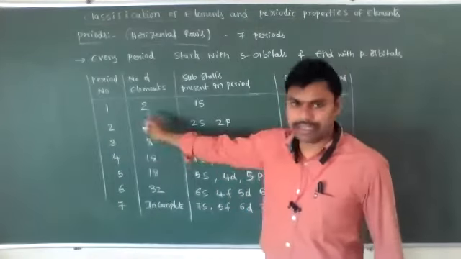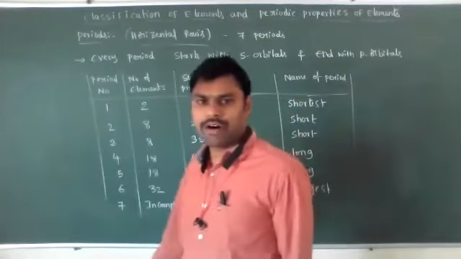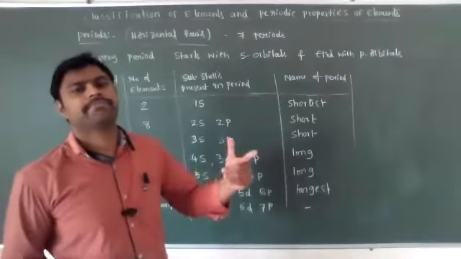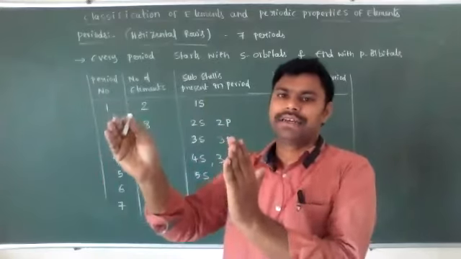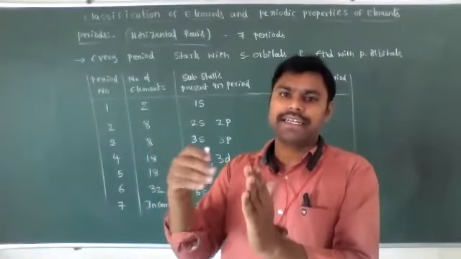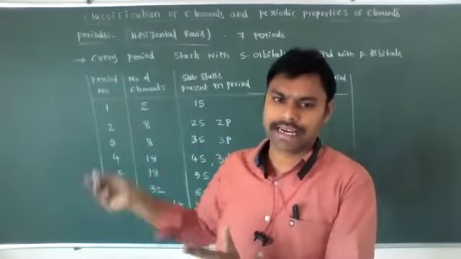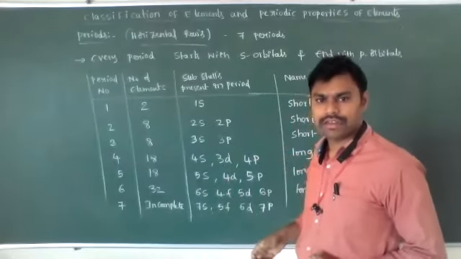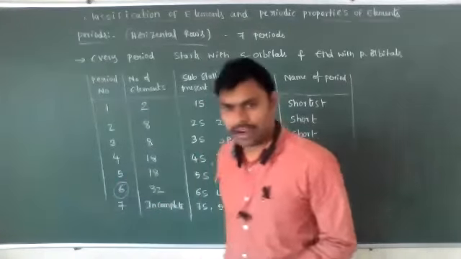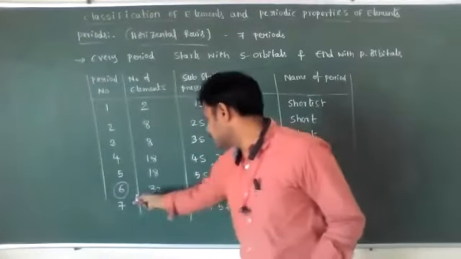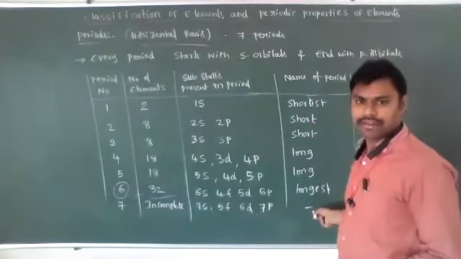Why it came is based on the period number and number of elements. How these elements are considered in a period is based on the n plus l value. In every period, the atomic number increases from one element to another in successive periods. How is the atomic number increased? By 1 unit only: 1, after that 2, 3, 4, 5, 6, like that. So the name of the longest period is the 6th period. The 6th period contains 32. The 7th period is incomplete, that's why we are not giving any name.